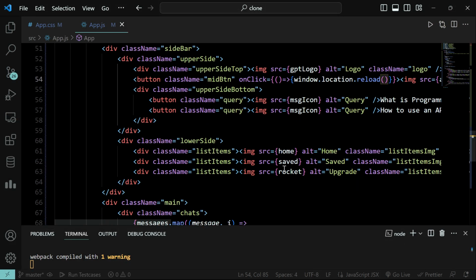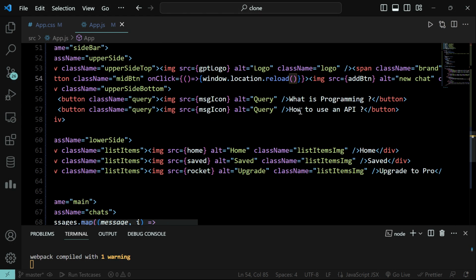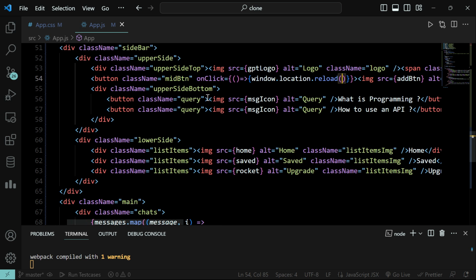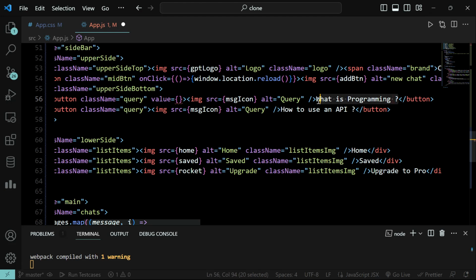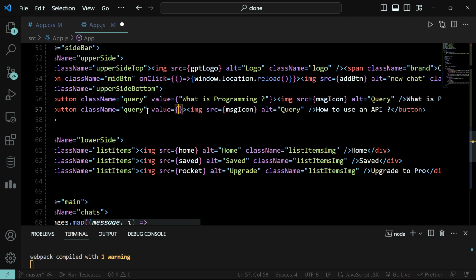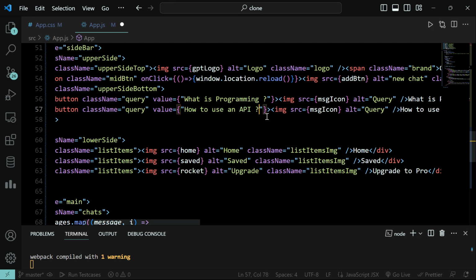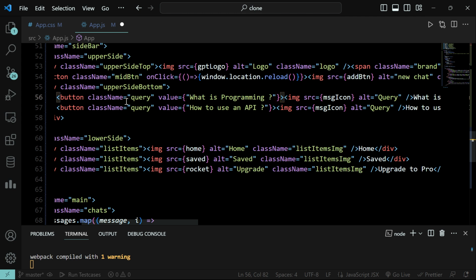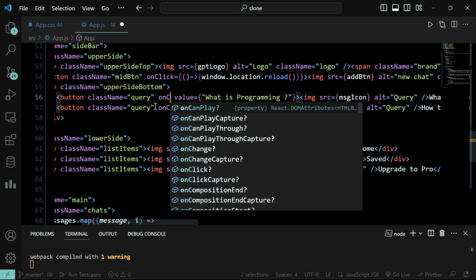So if you can recall what we did, for this button, what is programming, we can create a value which is the same thing as the question. So what is programming, and we can just paste it here, and the same thing for this, the value equals how to use an API, and for everything, like if we click on this button, so here and here on click,